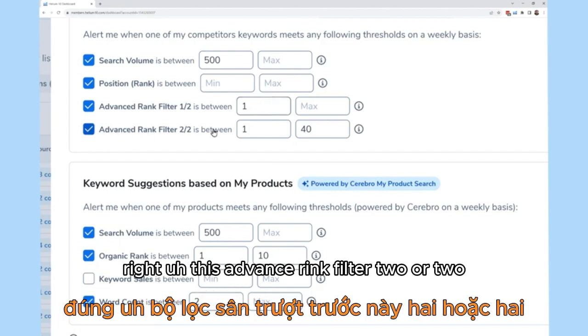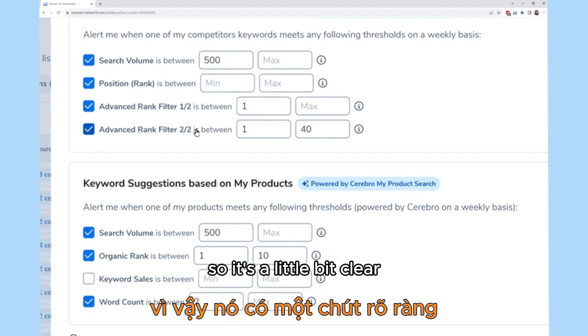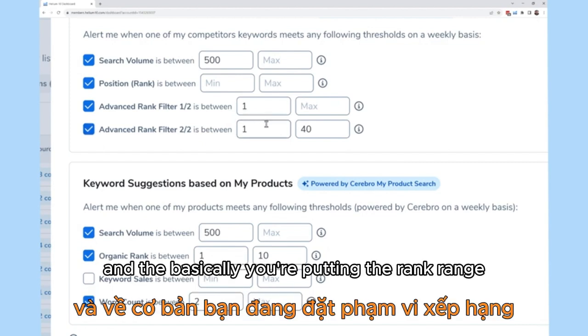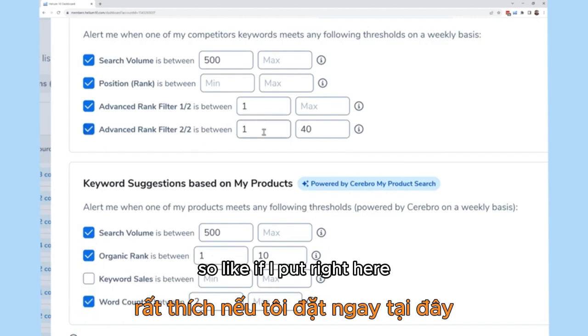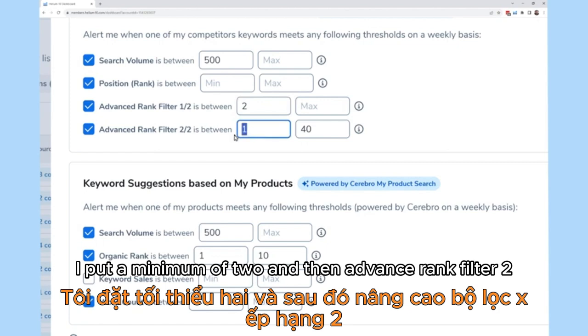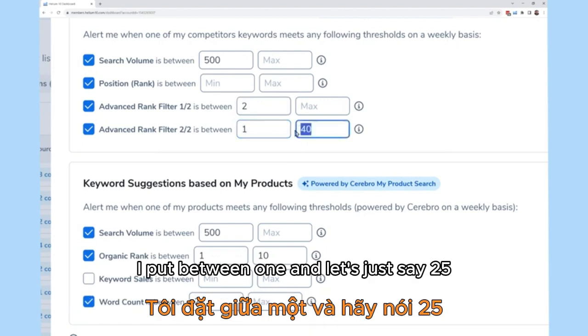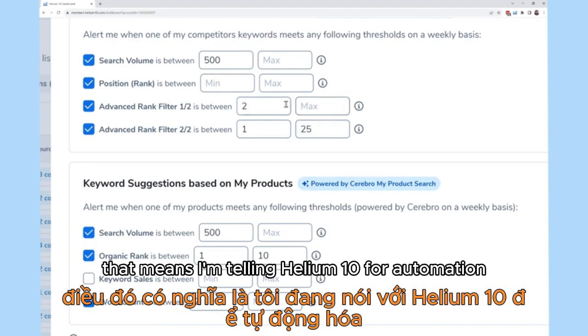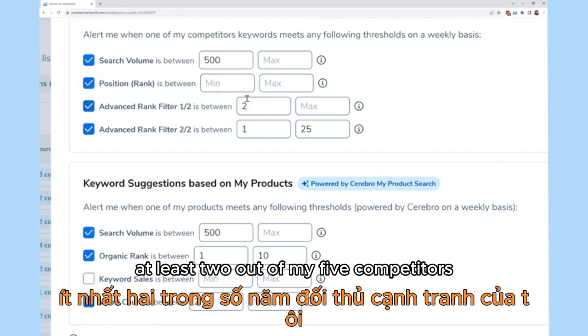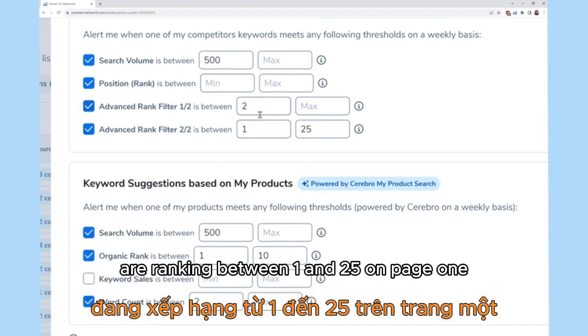This advanced rank filter 2 of 2, again, we're going to change the wording on here so it's a little bit clearer. Maybe by the time you're listening to this podcast, it'll be ready to go. Those of you listening to the replay, basically you're putting the rank range. So if I put right here in advanced rank filter number 1 a minimum of 2, and then in advanced rank filter 2, I put between 1 and let's just say 25. That means I am telling Helium 10 for automation, I want you to let me know if at least 2 out of my 5 competitors are ranking between 1 and 25 on page 1 for the